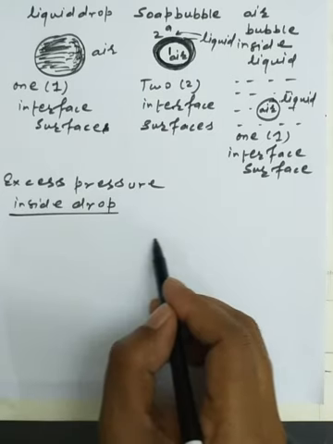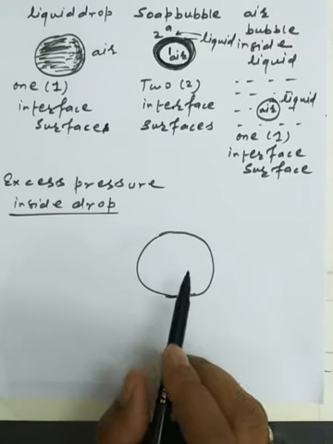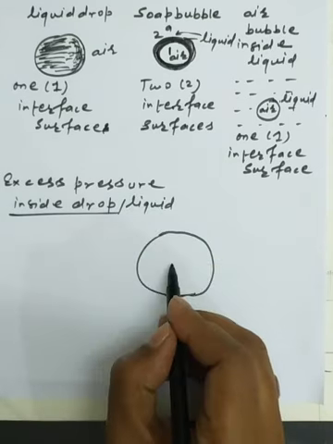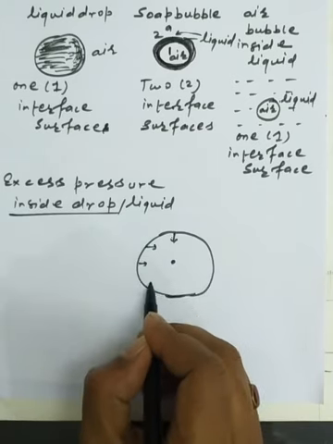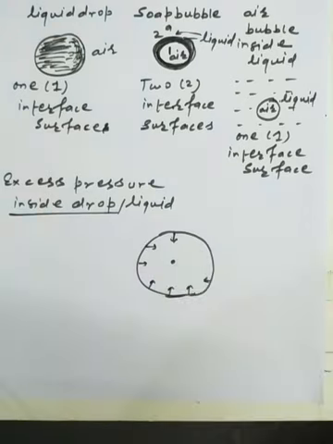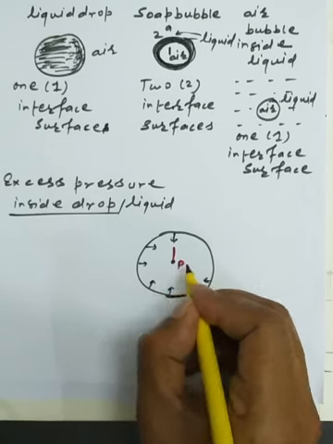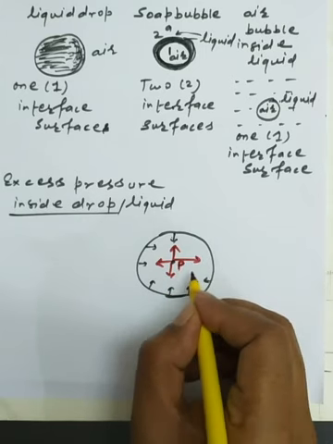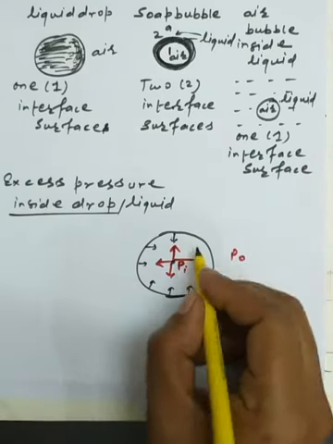So here we are imagining the concept of the drop. This is the simplest formation of the drop, the liquid drop. Surface tension force is acting on the curved inside part, and as a result the pressure acts, which makes the spherical shape. This pressure acts in the outward direction, and definitely the inside pressure is greater compared to the outside pressure.